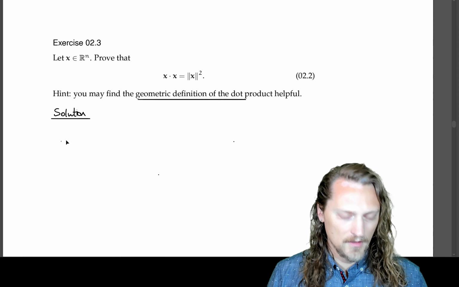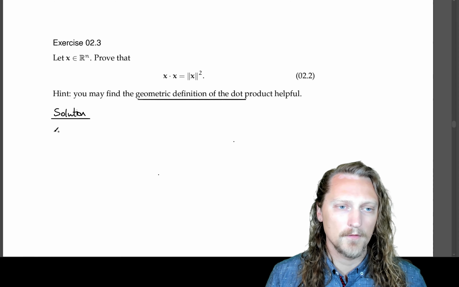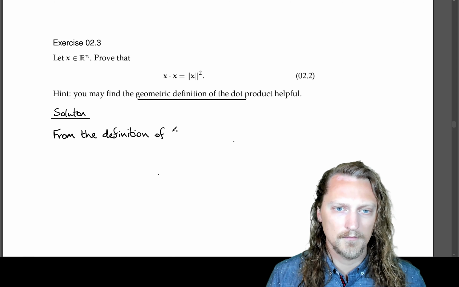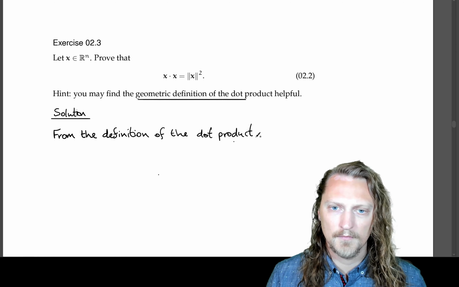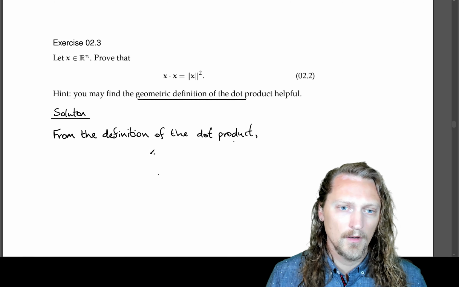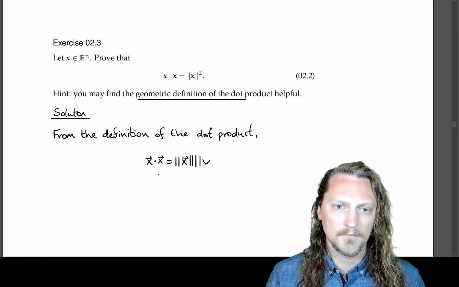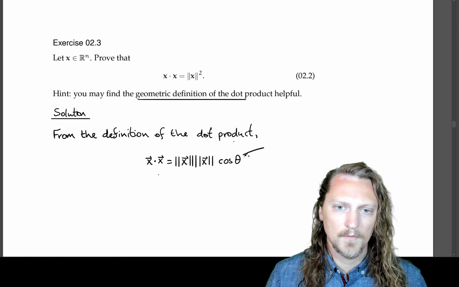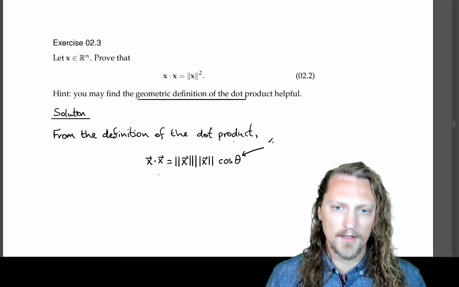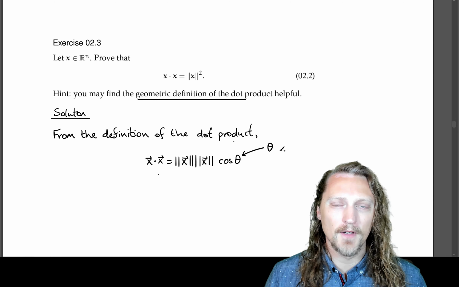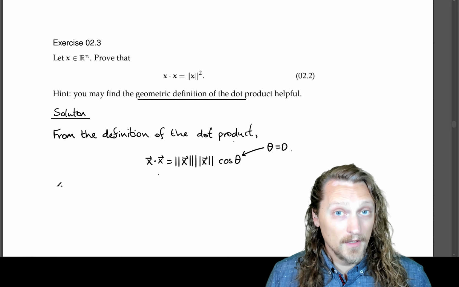So the first thing to do is say from the definition, specifically the geometric definition, we can write that, where we can say that theta is the angle between the two vectors, the interior angle, which is going to be 0 in this case. Inserting theta equals 0,